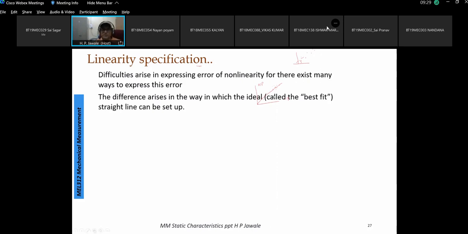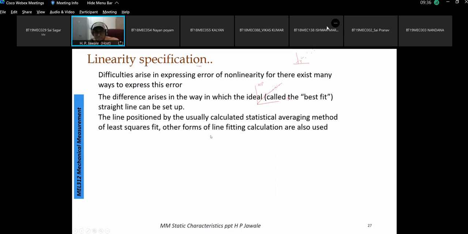So there can be different ways in which the ideal best fit line can be set up, and thus the line positioned by the usual calculated statistical averaging methods of least fit or some other way forms a line fitting calculation, and are also used